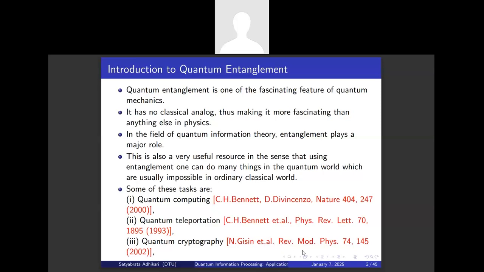And then quantum cryptography. The third point is quantum cryptography. We can use this quantum entanglement concept in quantum cryptography also. And after that,